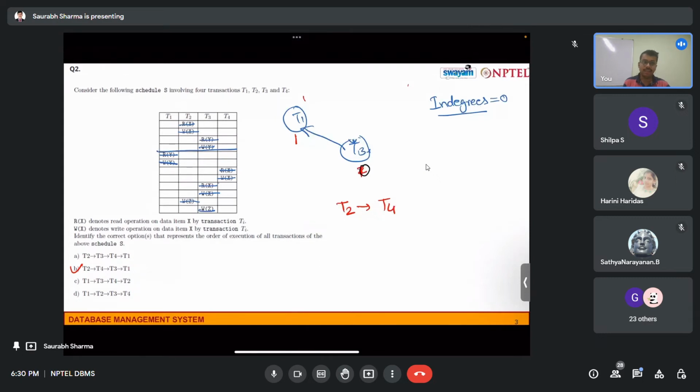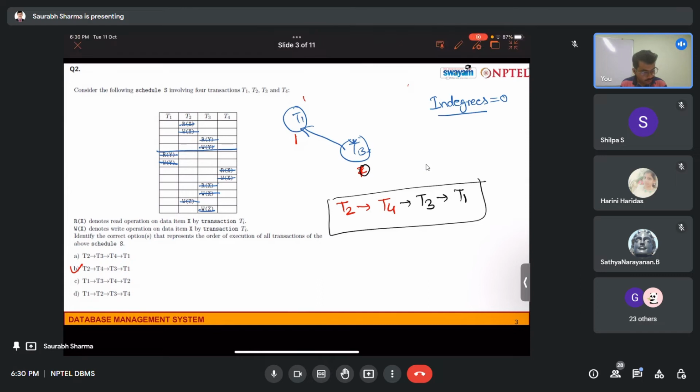Now we have to recalculate the in degrees and again write the sequence. So from T4, now in degree is lesser in T3, then from T3 what remains is T1. So the answer here is,